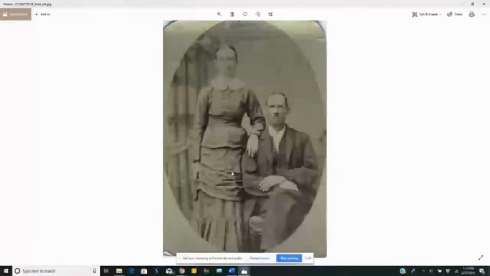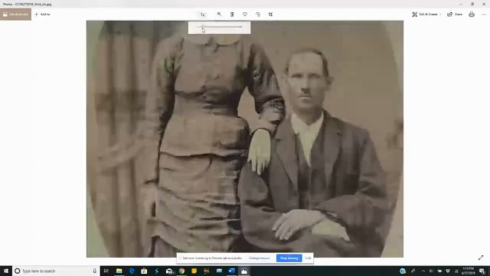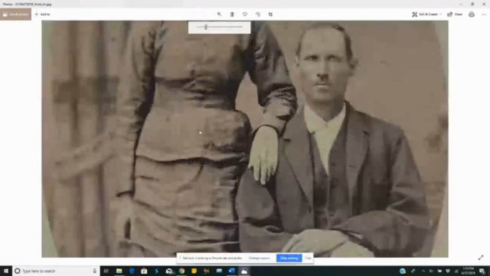Now, that made me wonder, this was a very common pose for an engagement or a wedding photo. Granted, it may not have been taken the day of the wedding or the day of the engagement, but around that time period. And it was often done to showcase if there was a ring perhaps on the finger. Now for her, I'm going to zoom in just a little bit on that for you guys. And again, when I zoomed in on her hand, I actually don't think she has a ring on that hand, to the best when I ran this through my Restore